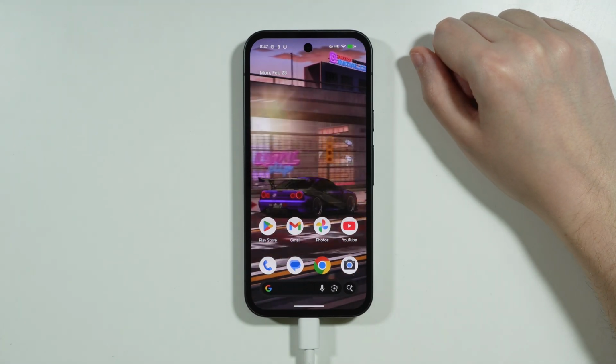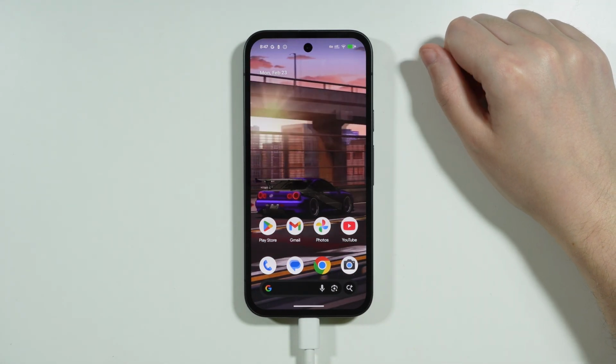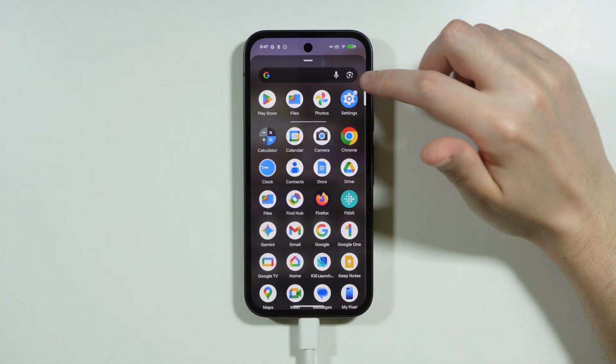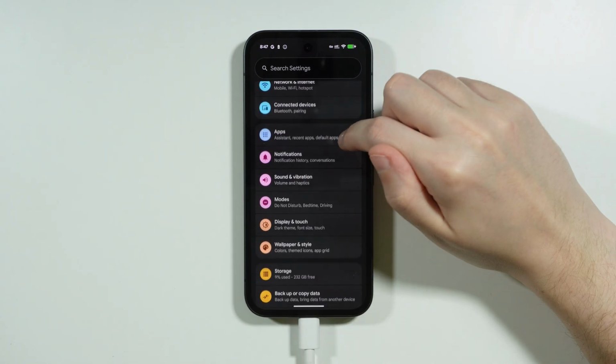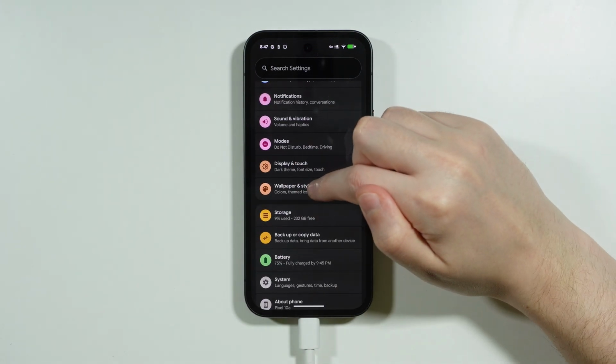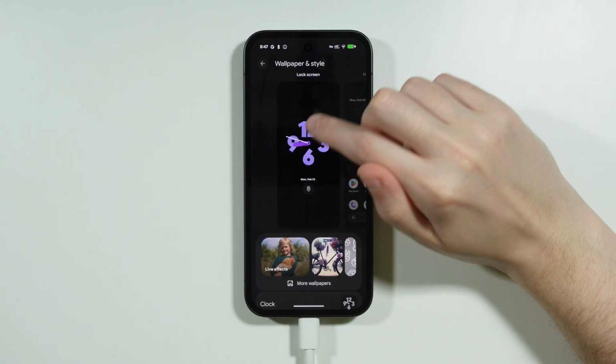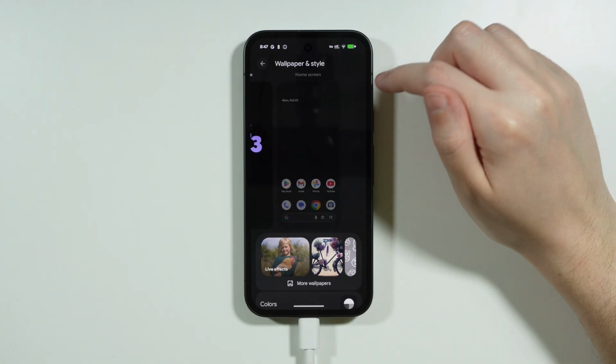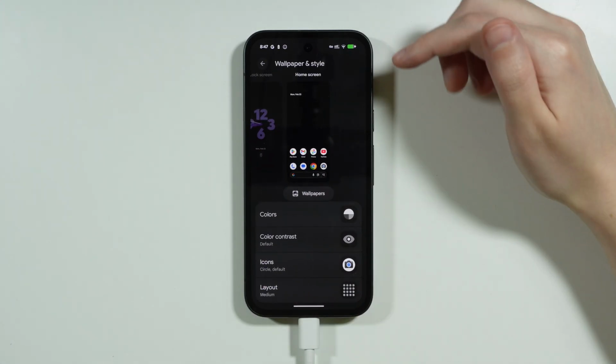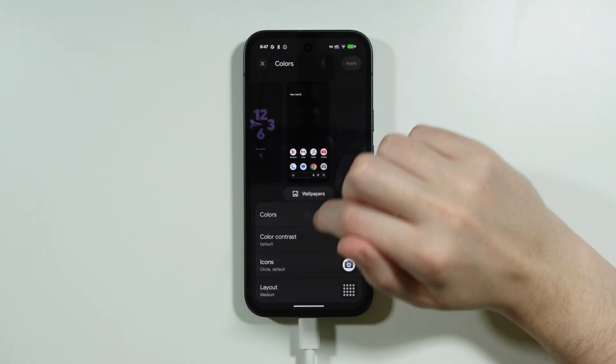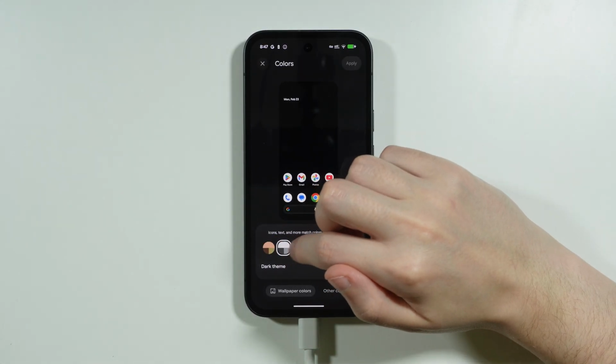If you want to enable the monochrome theme on Google Pixel 10a, first of all, we need to open Settings. Next, in Settings, we have to scroll down a little bit and go to Wallpaper and Style. We're gonna swipe from the lock screen to the home screen over here, and then swipe up from the bottom to reveal this section. First, we're gonna go to Colors, and then in here you have the option to choose